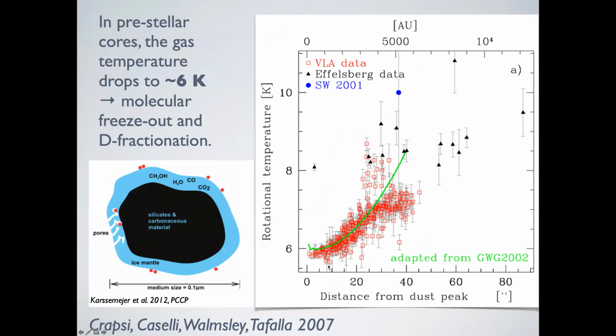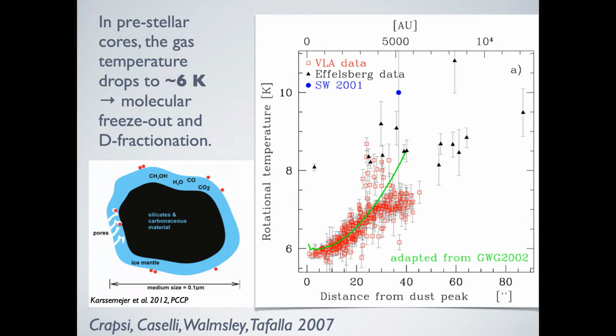This is the work that we did in 2007 to measure the temperature inside this pre-stellar core, one pre-stellar core in Taurus. And you see that using the VLA, the red dots here, you have the rotational temperature of ammonia. We use the ammonia 1,1 and 2,2 lines to measure the temperature. This is a very famous thermometer. So you go down to 6 Kelvin, and you notice that only with the